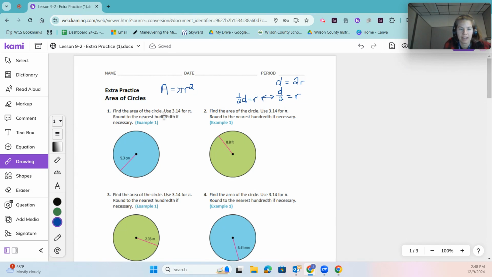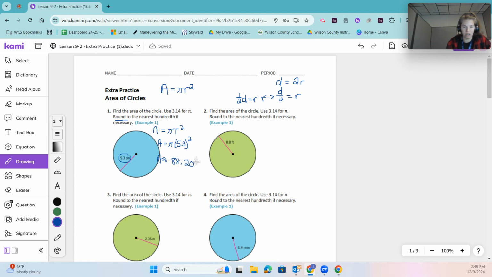Use 3.14 for pi. Round to the nearest hundredth. So we are asked to round here. Our radius is halfway across the circle, so that is given to us. So if area equals pi times that radius squared, that means we're doing area equals 3.14 times 5.3 squared. In your calculator, you're going to do 5.3 squared times 3.14, and that gives you an area of approximately